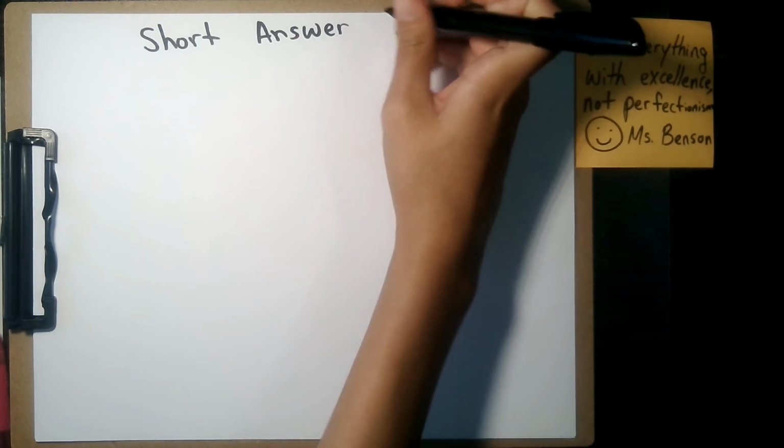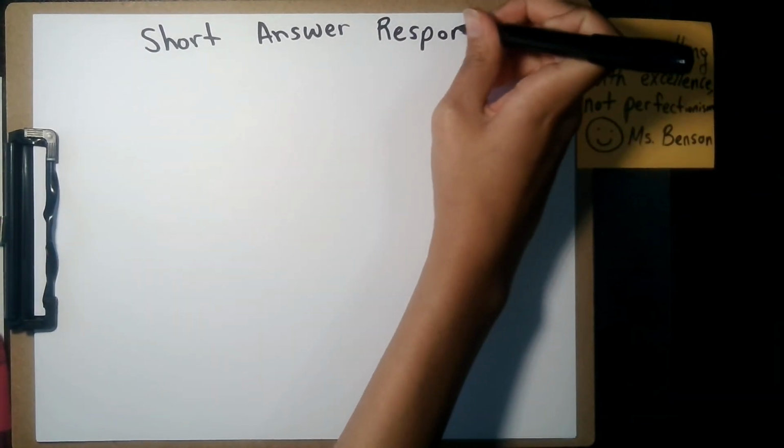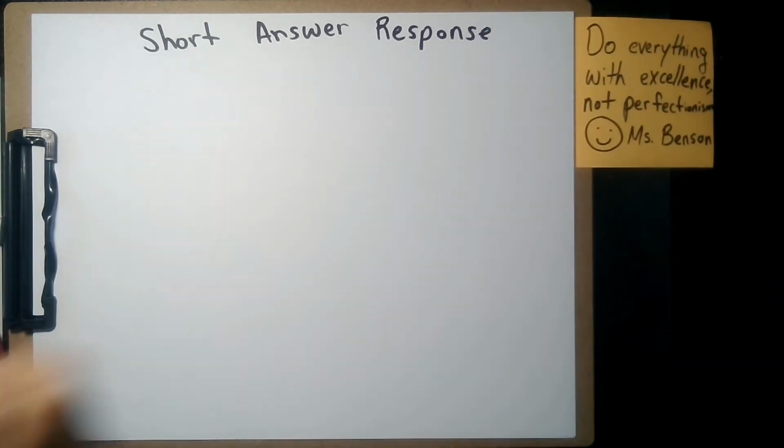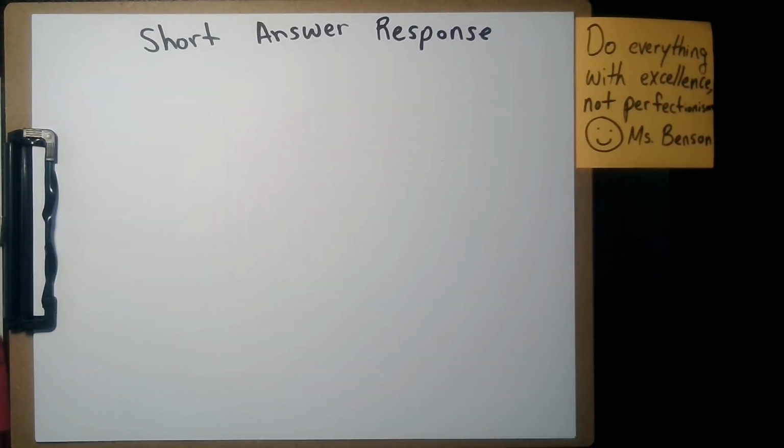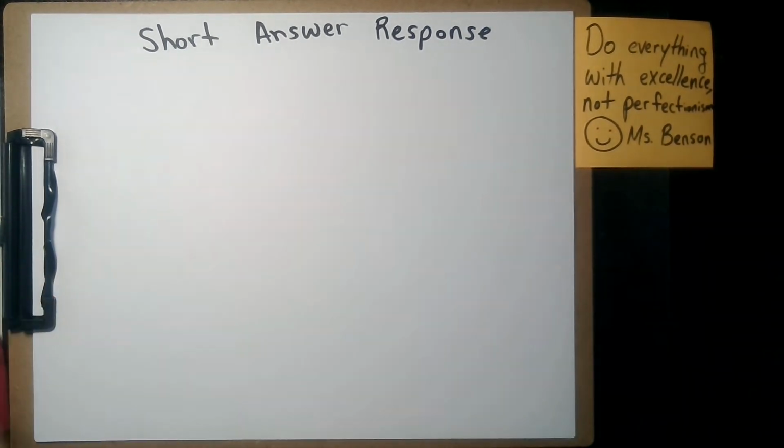With the short answer response, you don't get to pick an answer choice. You have to make your own answer. So there's less guessing involved. You can't just go eeny, meeny, miny, moe. With this, you're going to be given a little box where you can write your answer in,